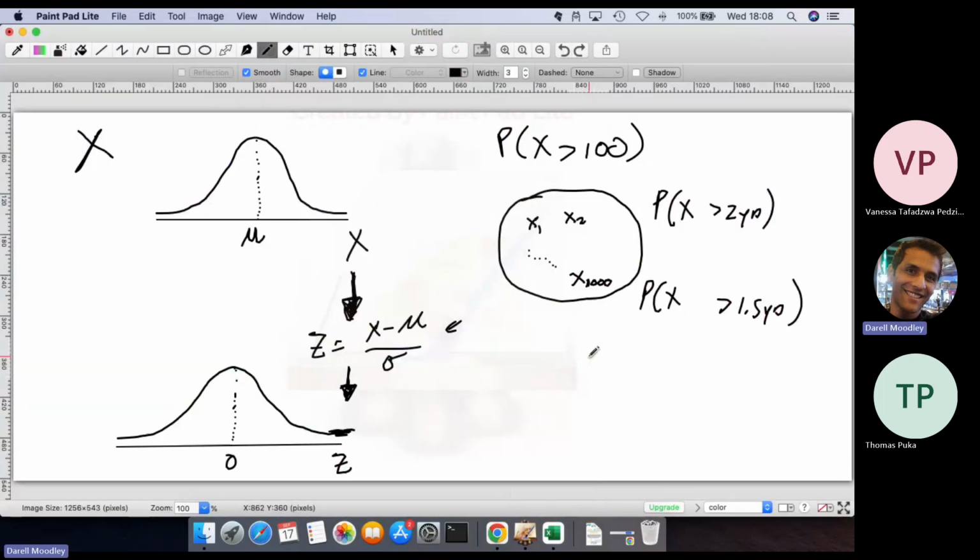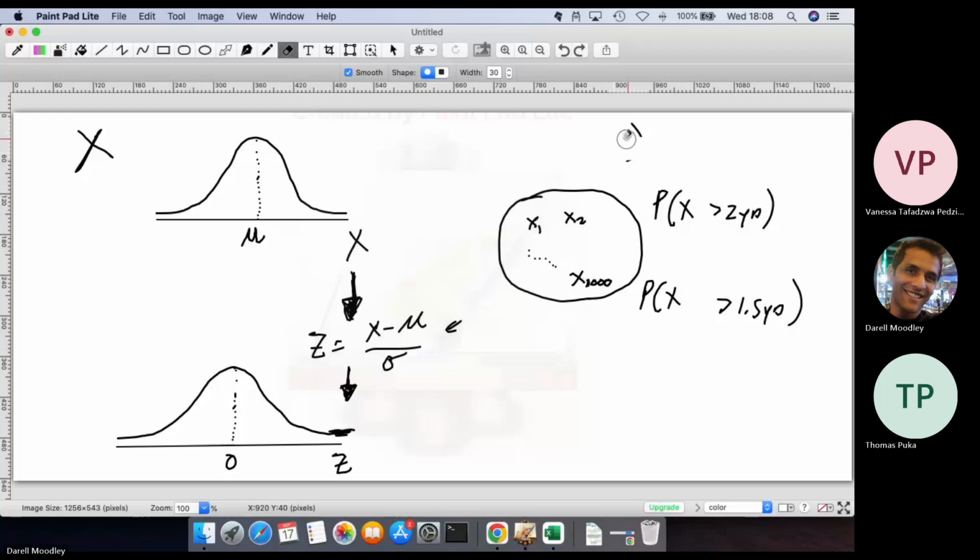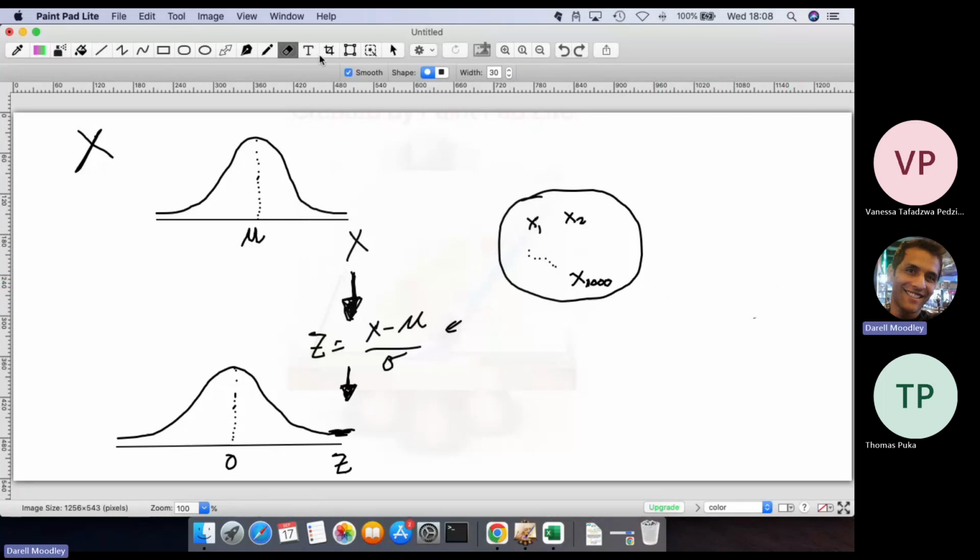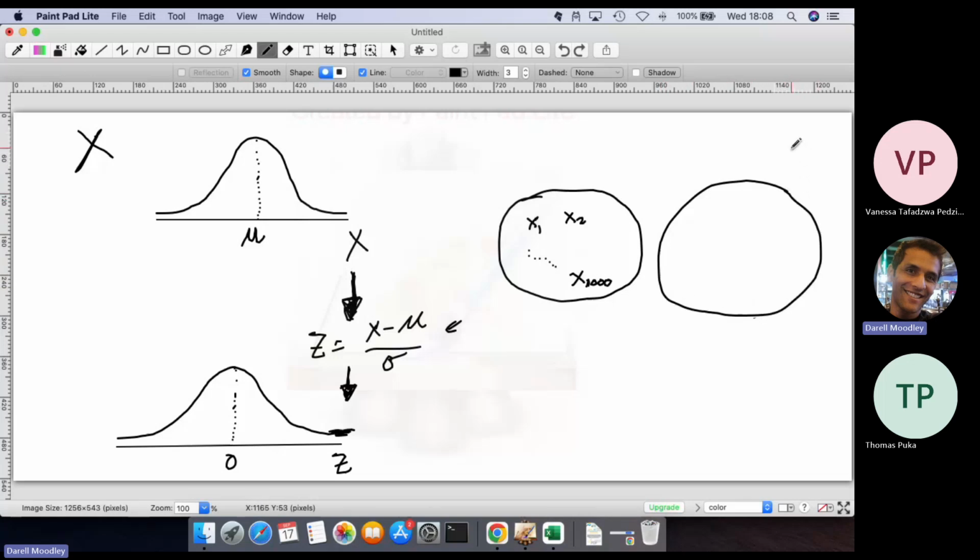Okay, all right, so this is the factory that makes, let's say, 1,000 batteries. Now, like I mentioned, x is just the lifetime of a single battery. Now, what you could do is, instead of looking at one specific battery, in that same plant, take a sample of them. Instead of looking at all 1,000 of them,